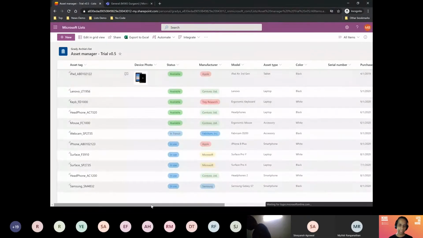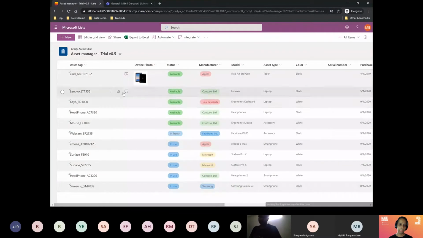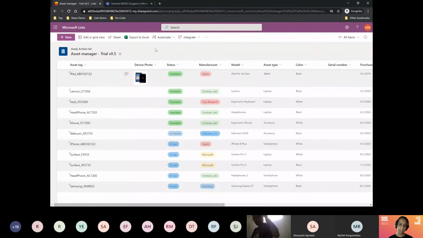Now, on this demo tenant, the inboxes are not set up, so I can't really show you the flow. Pardon me for that gap, but assume that Mikhail has clicked on this link and she has access to this particular list.